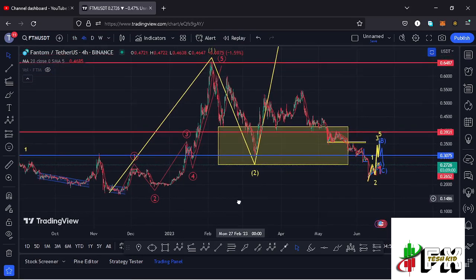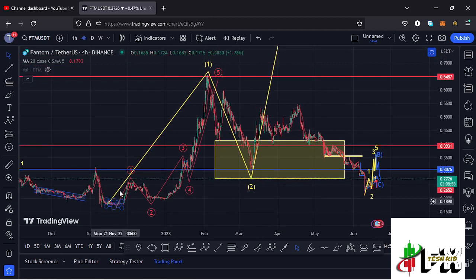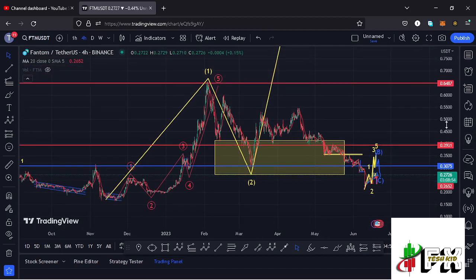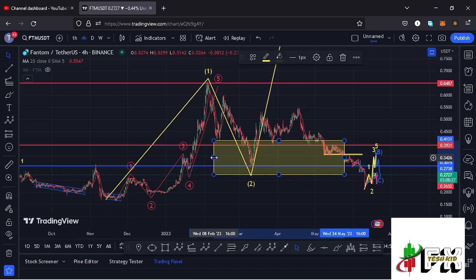And on the 4-hour chart, you can see that after seeing our bear market lows, that is the December lows, we saw a 5 wave move to the upside, having the wave 5 giving us a high at around the $0.65 mark, completing the formation of this larger Elliott wave count 1. Then we started a corrective structure in the formation of a larger Elliott wave count 2,